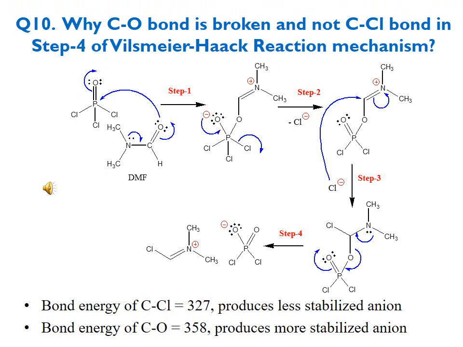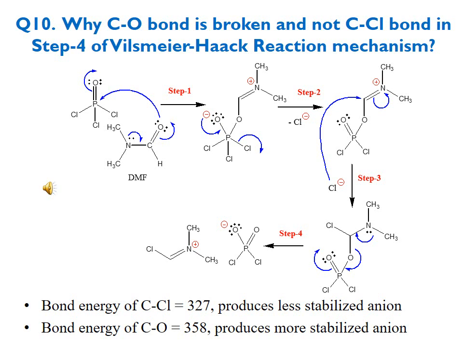Another question from the Vilsmeier-Haack reaction mechanism is why the C-O bond is broken and not the C-Cl bond in step 4. The last step is shown here with the name of step 4. If the C-O bond is broken, you can see the formation of the iminium cation and also the phosphorus oxychloride with the negative charge on oxygen, which is also resonating towards the other oxygen,